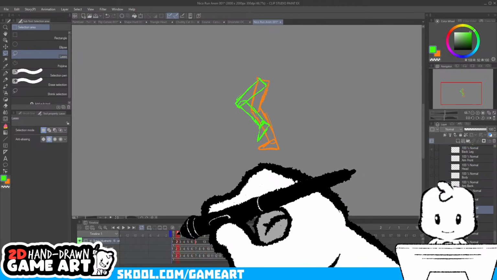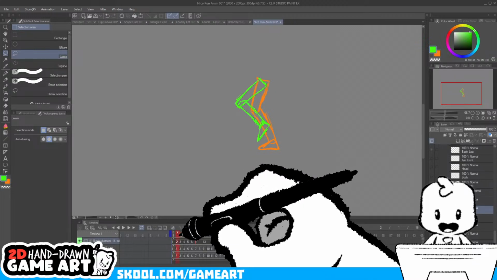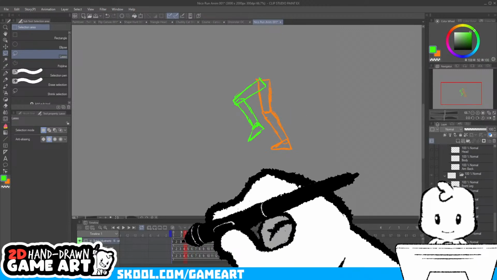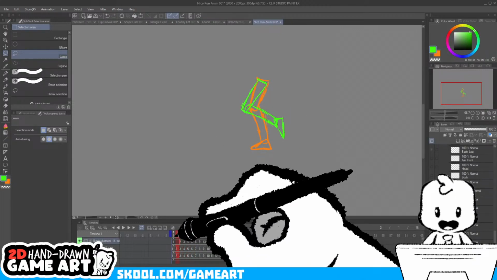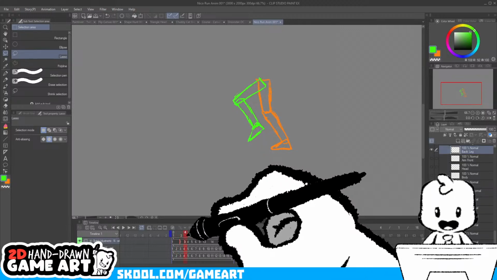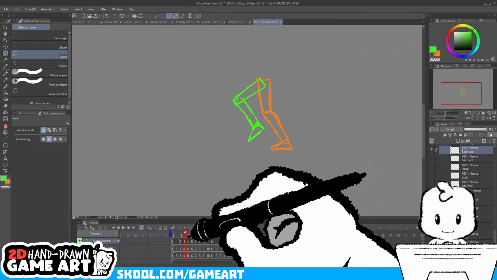So what I might do is on the contact, I might hold that for a bit of extra time. I'm trying to still get this to be a 17 frame cycle, and I really shouldn't do that, but it'll be easier to compare the two if they have the same amount of frames.